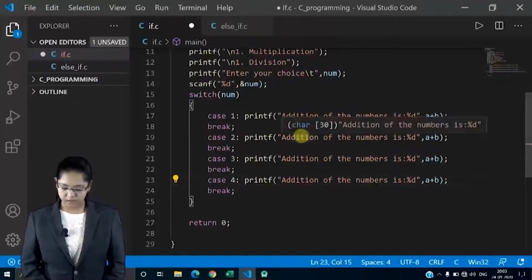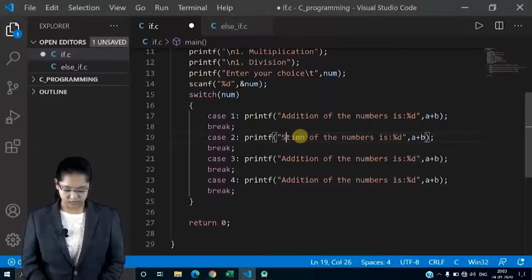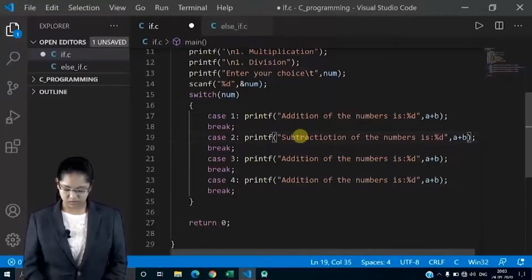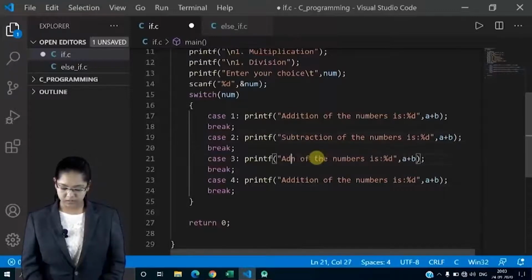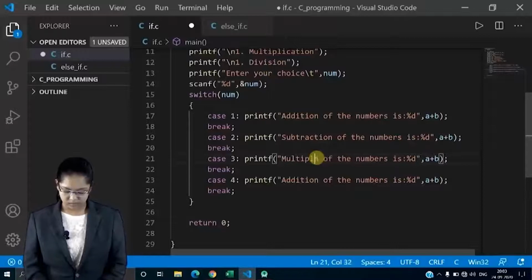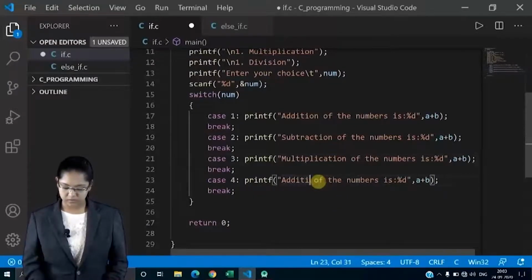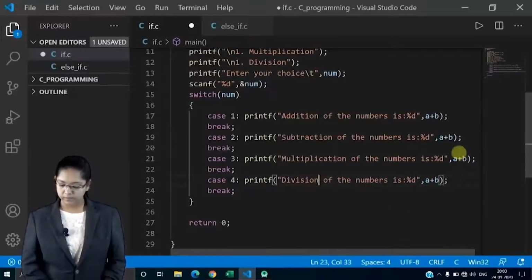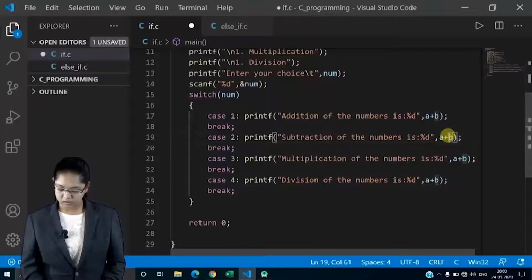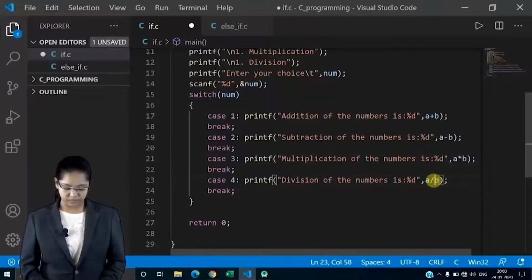Then subtraction, and then similarly multiplication, then division. Let's change the sign over here also, minus, then multiplication, and here division. Save.